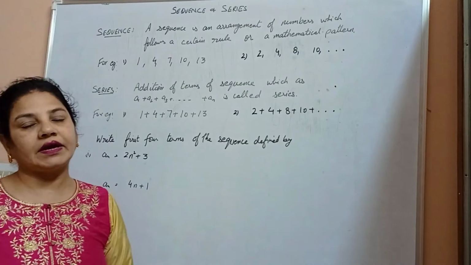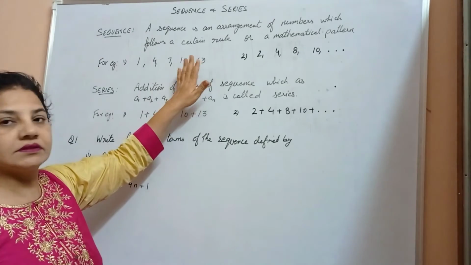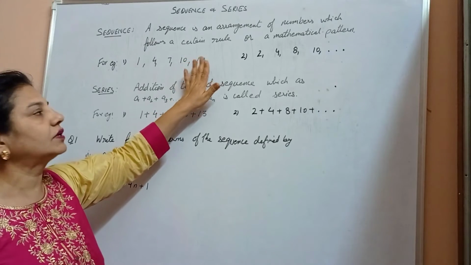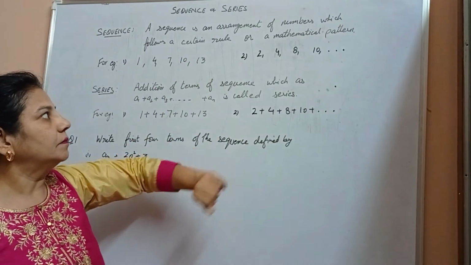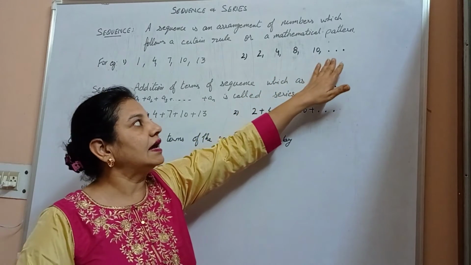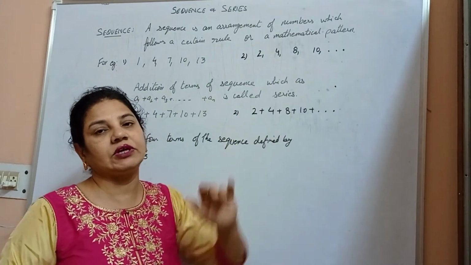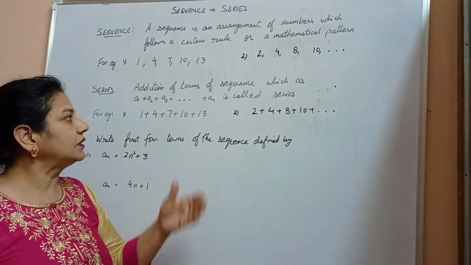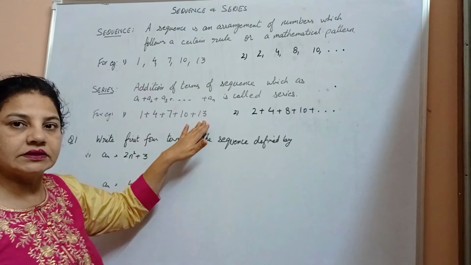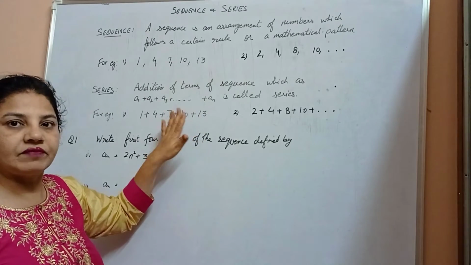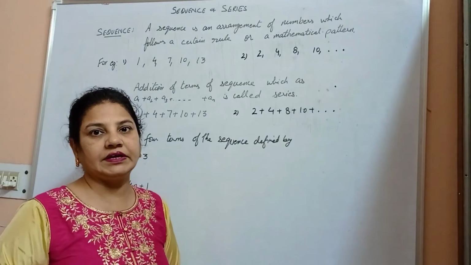Sequence could be finite or infinite. For a finite sequence, as here we stop, we don't have a next term over here. So this is the finite sequence. But in this case, it is infinite. As in an infinite sequence, the 3 dots represent that the sequence is infinite. Similarly, in the case of series also, here the series is stopped, so it is a finite series, and here 3 dots express that it is an infinite series.